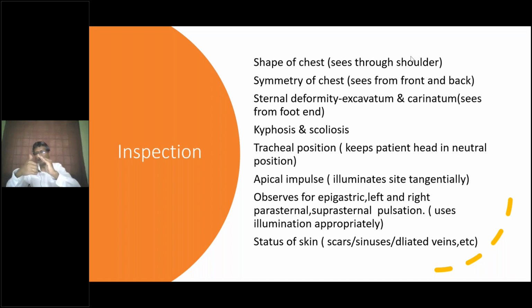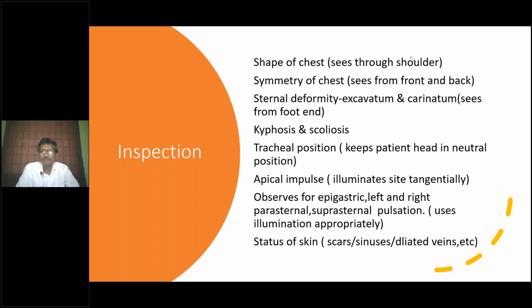When this goes forward, the heart comes a little backward. Therefore, you may not be able to see the apical impulse. That is the impact of kyphosis. When scoliosis occurs, there may be gross displacement of the heart. The heart may tilt towards the left, the heart may tilt towards the right, the heart may rotate anti-clockwise or clockwise. So those are the things which can happen when there is kyphosis and scoliosis.